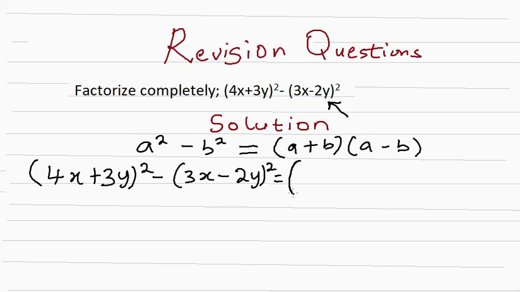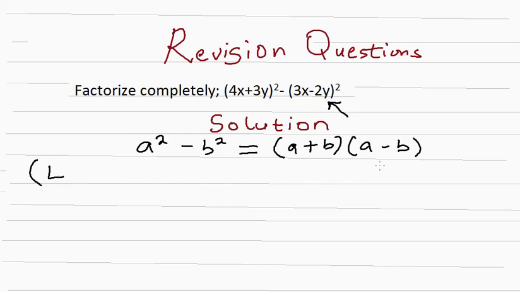In one bracket, I'm going to have 4x plus 3y. Let me just go ahead and solve it. I don't need to write the question again. So what I will have in one bracket is 4x plus 3y,